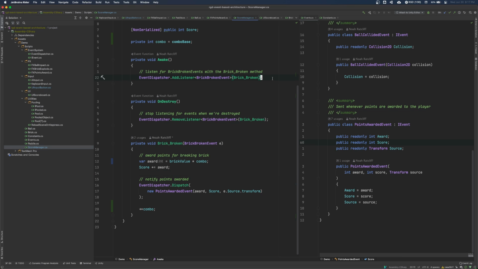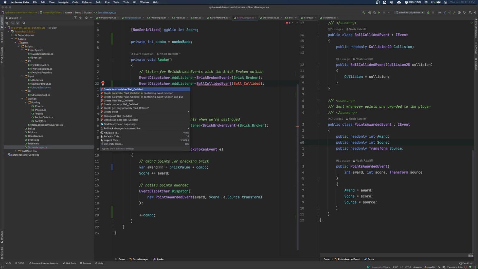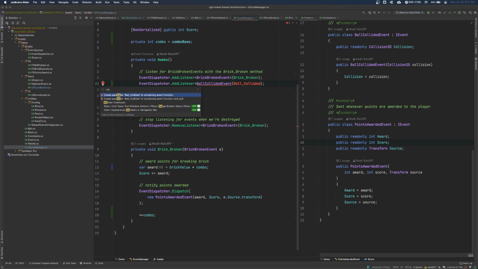Well, conveniently, we also have a ball collided event. So we're going to go ahead and just add another event listener real quick. Ball collided event. And we'll go ahead and create the listener method for that. Ooh, I am missing a brace. There we go, or a bracket.